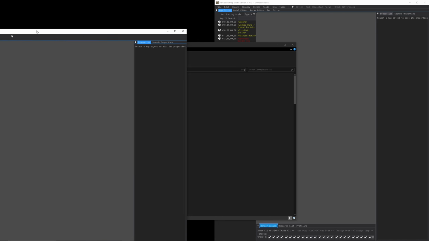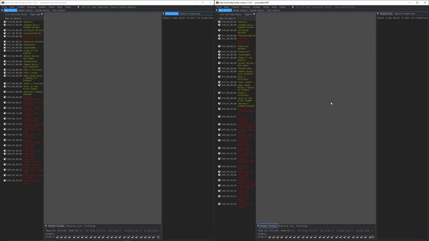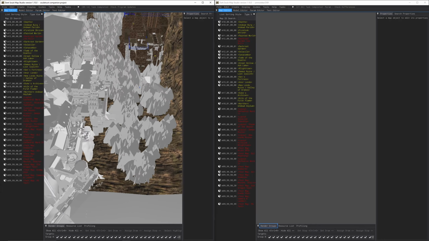And let's open up another DS Map Studio. It's surprisingly easy to bring in distant map pieces. So basically, there's the main way I've shown, but then there's probably the preferred option. So let me load up Sen's Fortress on the project I have here, which has my new additions,